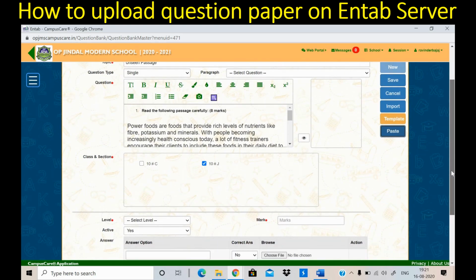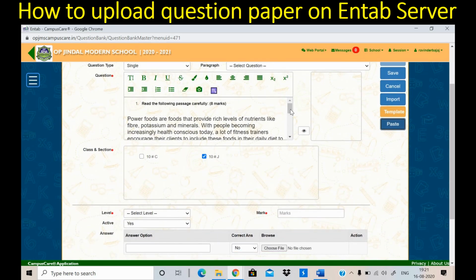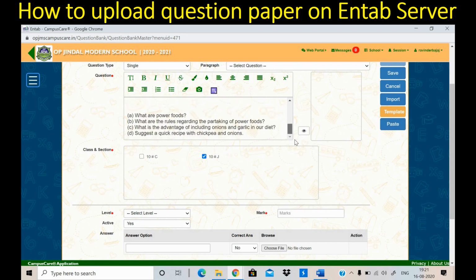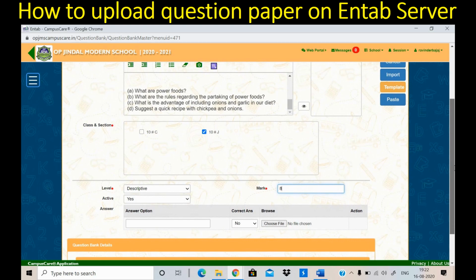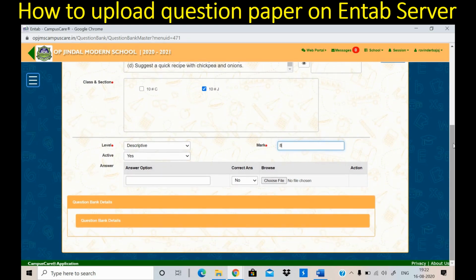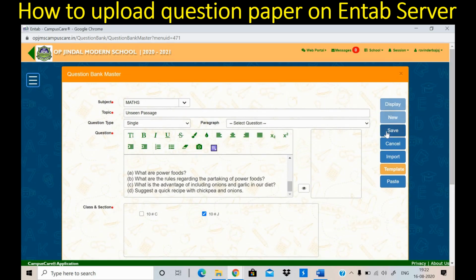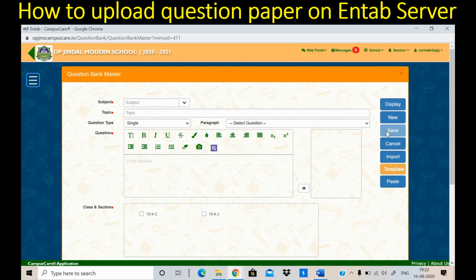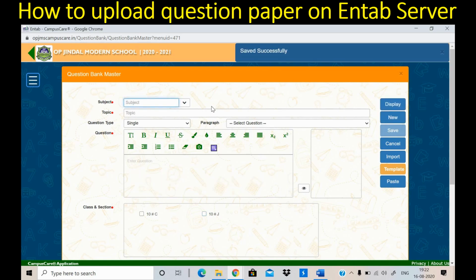After this the question will appear here, and now select the level. It is a descriptive question and it is of say 8 marks, 2 marks each part. Once you fill all these options, now click on the save button. A message has come, saved successfully.